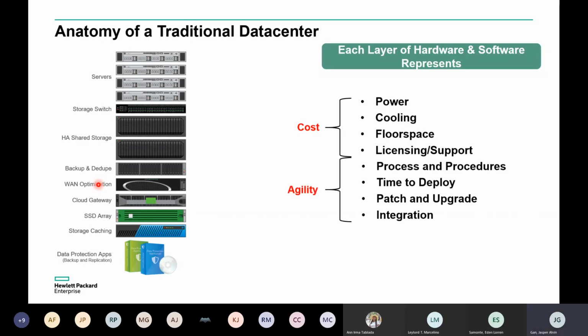One thing also is agility. There are the processes and procedures when the business requires a workload to be up and running. How long does IT take to put that workload up for the business? There is the time to deploy traditional infrastructure, as well as patch and upgrade each and every component in the data center, plus the integration. So we would need to double check or validate if we upgrade a certain appliance, would that integrate? Integration and